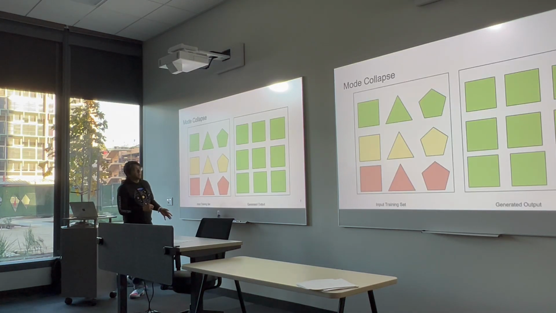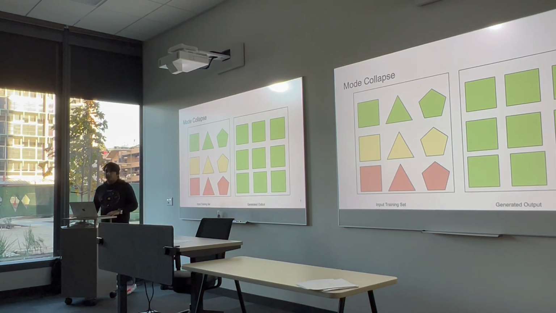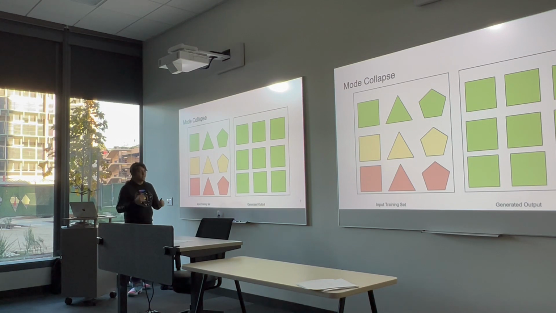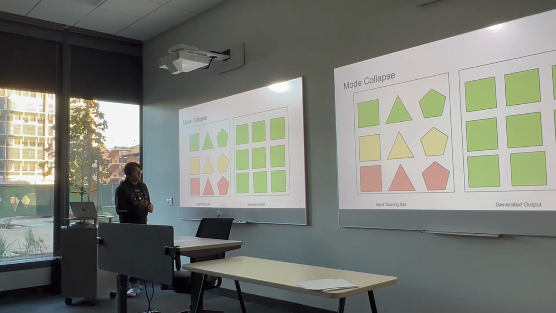Now let's talk about mode collapse. This is a specific problem with generative adversarial networks, or GANs. So what happens during GAN training sometimes, specifically with a generator, is even if your input training data looks something